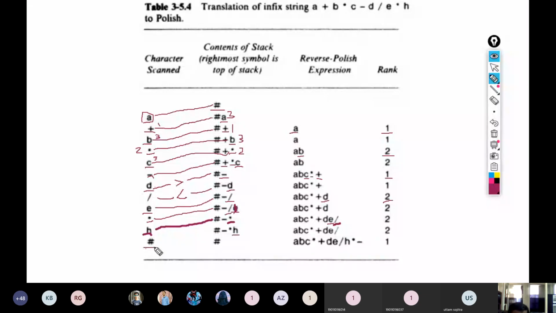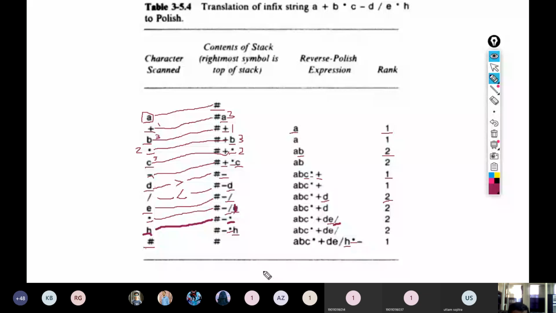So what we will do, we will keep doing pop operation on the stack until we get the hash. So we'll do pop operation and we will append it to the Polish expression. Again we will do the pop operation and append it to the Polish expression.